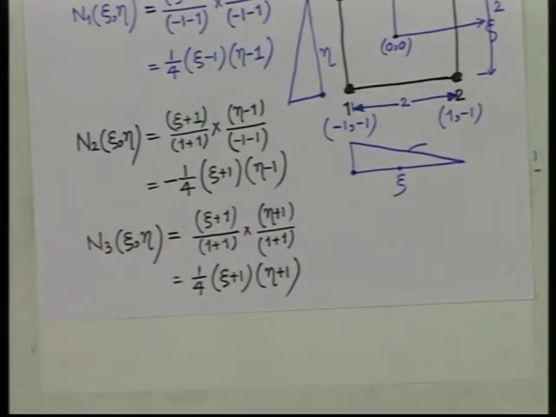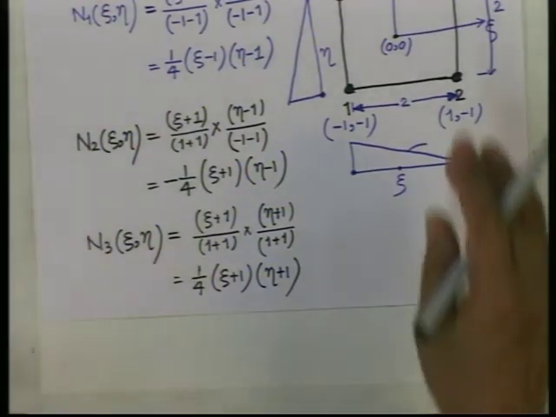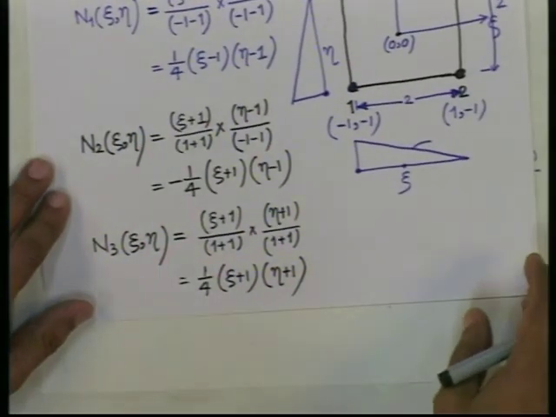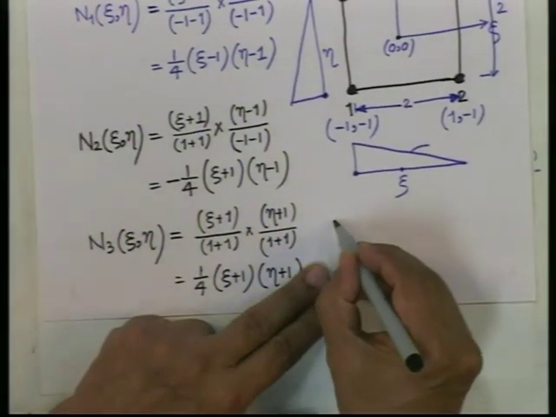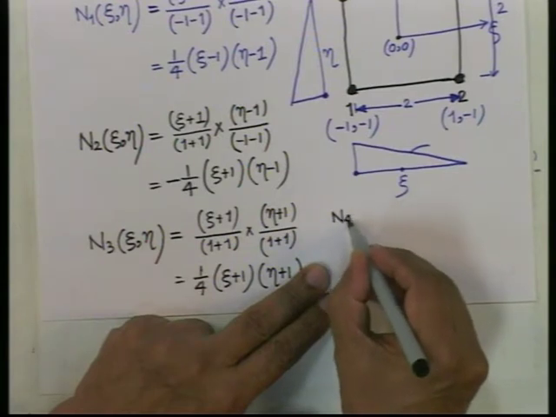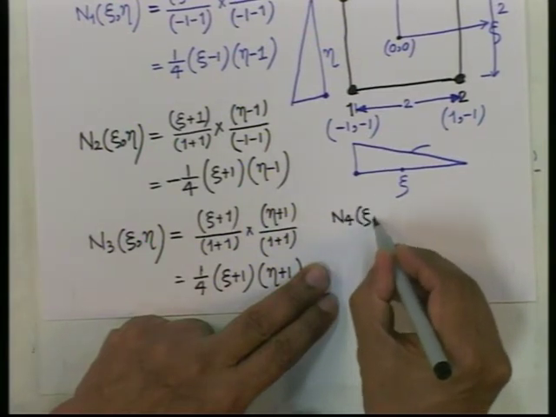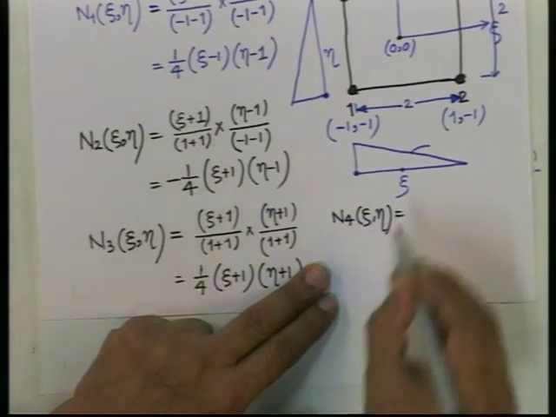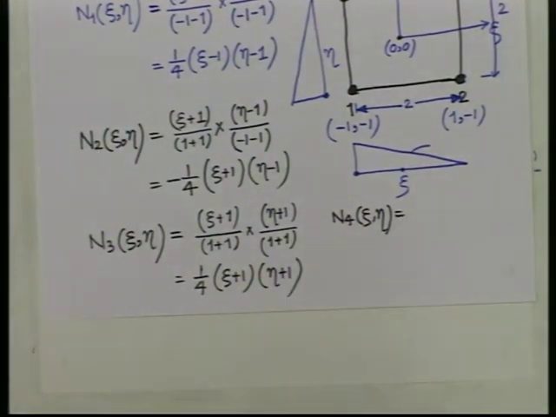Okay. So, I think so far you can check, again it will satisfy the conditions, and lastly N4, let me write it on this sheet only, N4. So, I am just telling you that it is not at all difficult to write down the shape functions once you know the rules of the game.